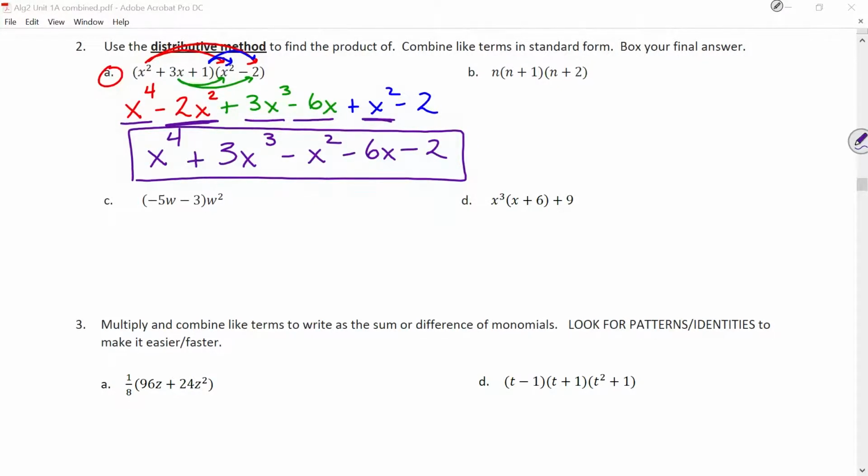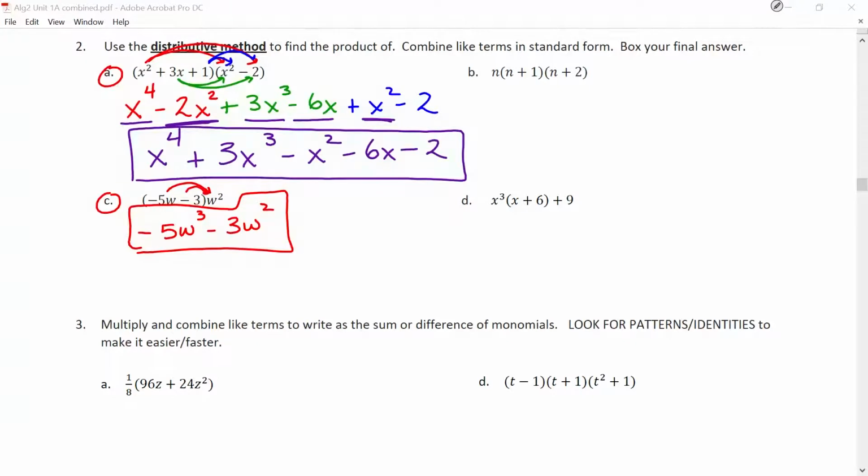Okay, the next one I want to do is letter C, because that one is just a little bit different. So I'm going to distribute, again, everything on the left with everything on the right. And there's only one thing on the right. So negative 5w times w squared is negative 5. Now w times w squared, I have one w, 2 more w's. I have a total of 3 w's. And then negative 3 times w squared is negative 3w squared, and that's really all there is to it. Okay, that's the distributive method. It is one that I tend to use more often because it's more concise and it's faster once you get